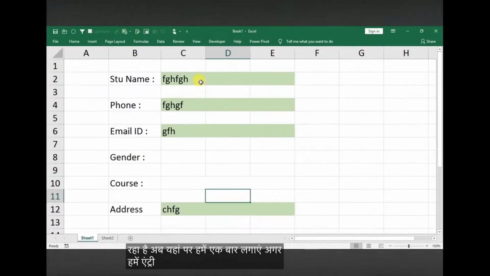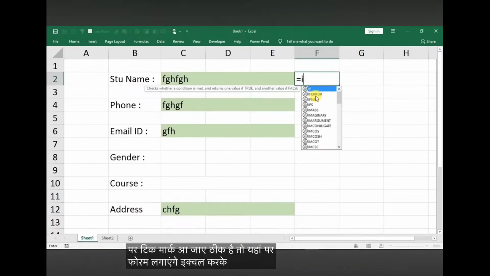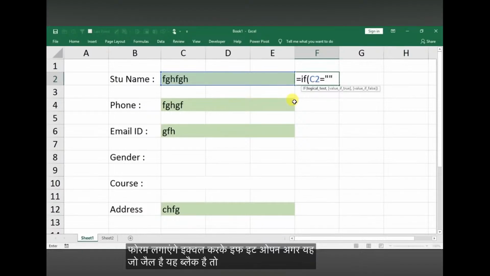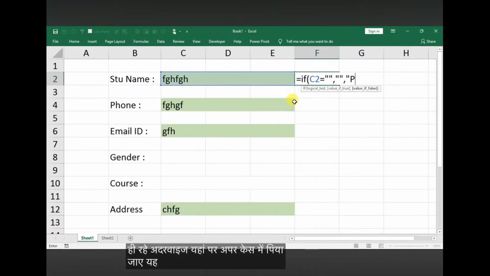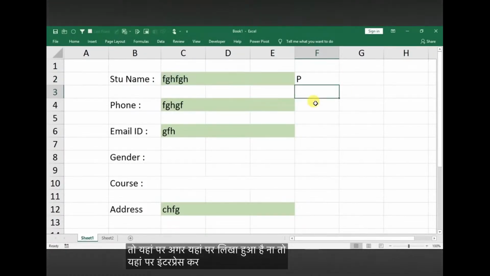अब यहाँ पे हमें टिक मार्क लगाना है, अगर हमने सेल के अंदर एंट्री कर दी तो यहाँ पे टिक मार्क आ जाए। ठीक है, तो यहाँ पे एक फॉर्मूला हम लगाएंगे, इक्वल करके IF ब्रैकेट ओपन, अगर ये जो सेल है ये ब्लैंक है तो यहां पे ब्लैंक ही रहे, अदरवाइज यहां पे अपर केस में P आ जाए, ये है फॉर्मूला। ठीक है, अगर ये सेल ब्लैंक है तो यहां पे ब्लैंक ही रहे, अगर यहां पे कुछ लिखा हुआ है तो अपर केस में P यहां पे आ जाए, एंटर प्रेस कर देंगे तो यहां पे P आ गया।